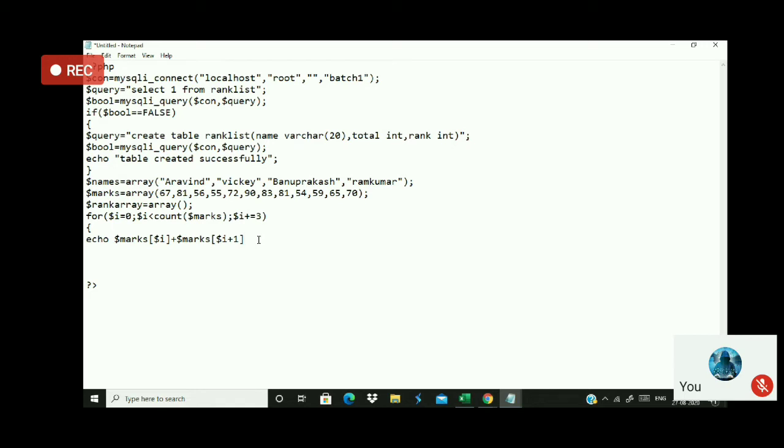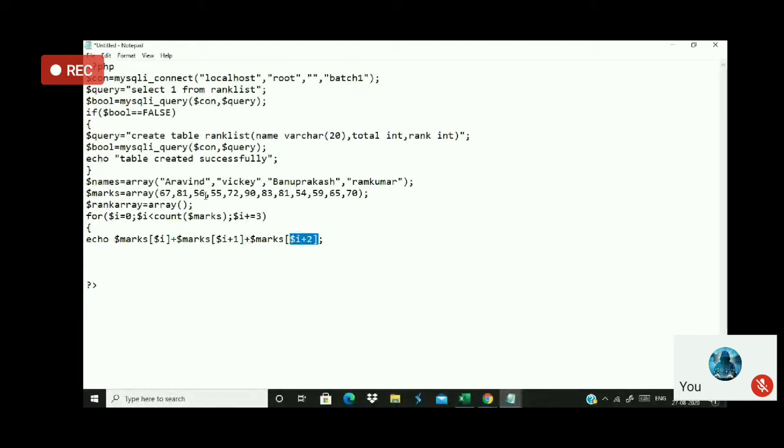Now suppose I do it like this, marks of $i plus 2. Which marks will be added here? Marks of 0, marks of 1 and marks of 2.